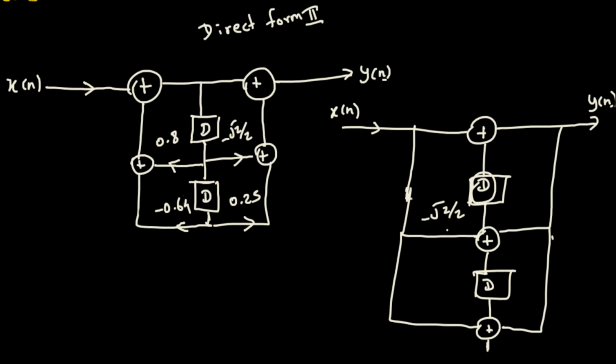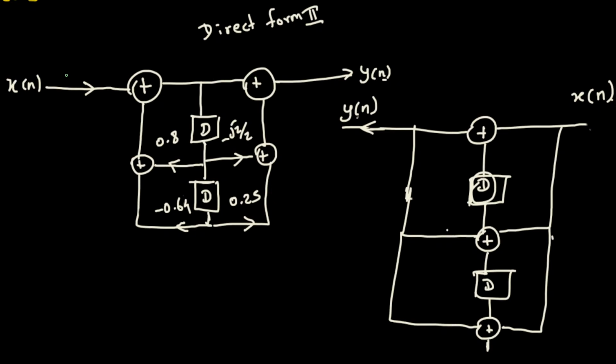You can do another thing as well. If you don't want to change the values and just want to change the arrows, you can switch x of n and y of n. Y of n on this side and x of n on this side. And now we change every arrow only. Values remain the same, the arrows are the only difference. That way you make less mistakes. No mistakes actually. So currently x of n and y of n are in this direction, I change the direction of y of n, and